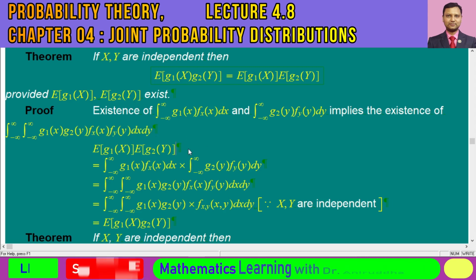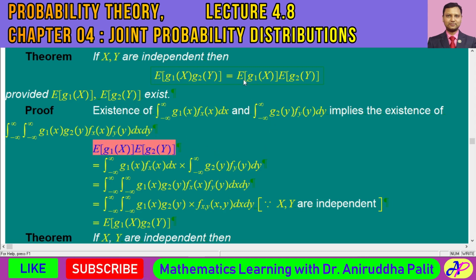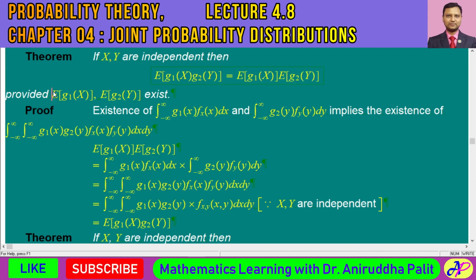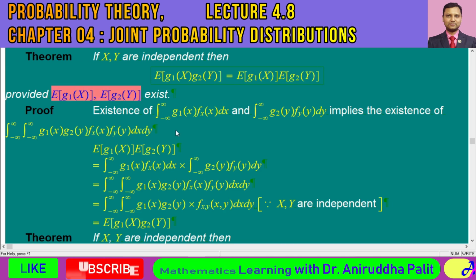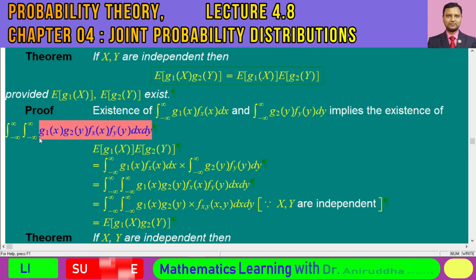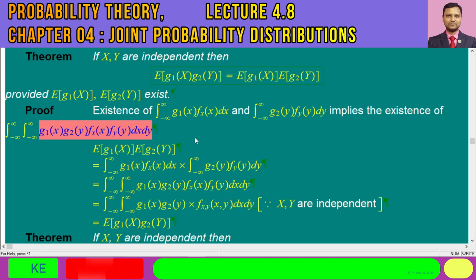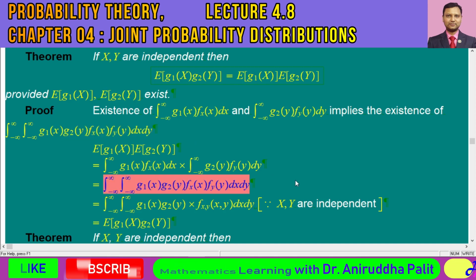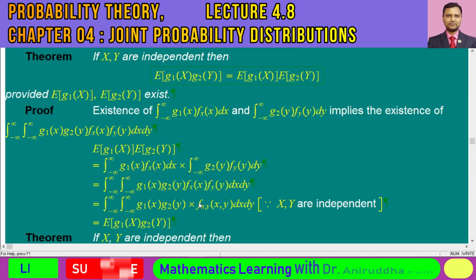That's why we start with this right hand side. We start this proof from this right hand side, because existence of these two quantities will imply the existence of this product, the multiple integral, and that product would be equal to this type of product. And because capital X and capital Y are independent random variables,